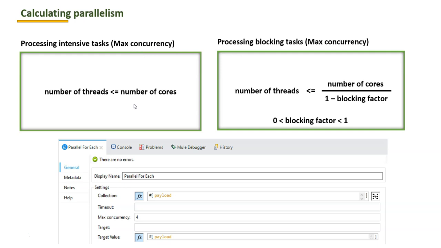When the event process logic inside parallel for each consists of intensive tasks, then we can provide the max concurrency value, or number of threads, as less than or equal to the number of cores. Then how can I know the number of cores of my system?